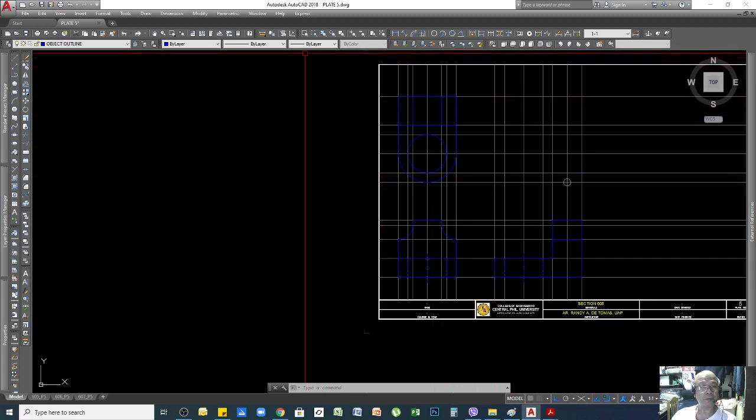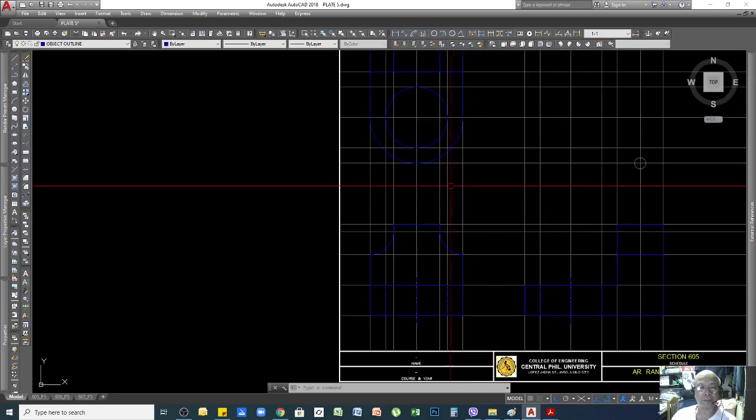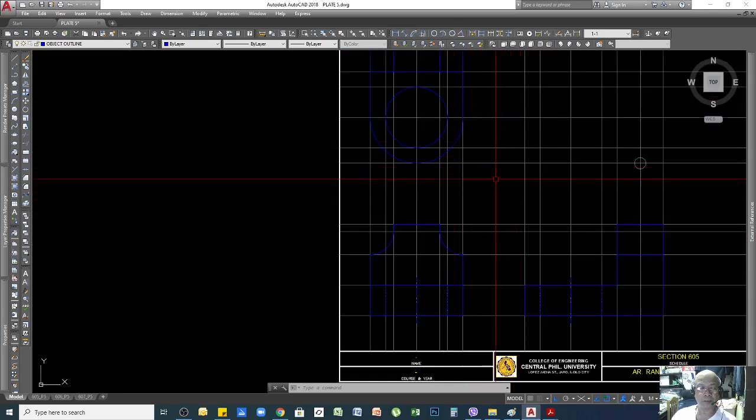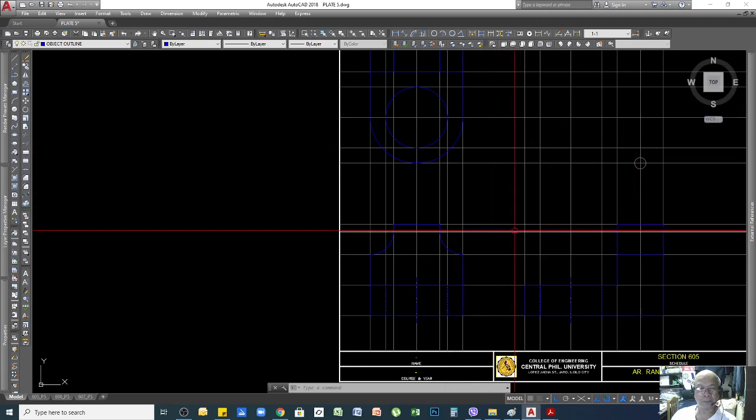And then of course, once you start your dimensioning, you can use the dimension command. Earlier I mentioned that I will not put the guide for my dimension here.